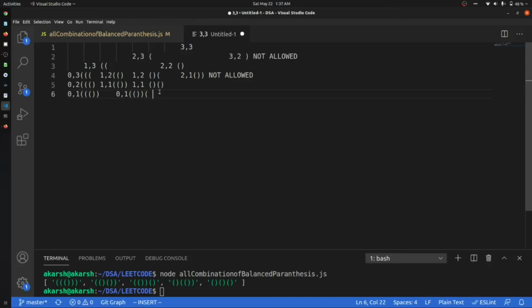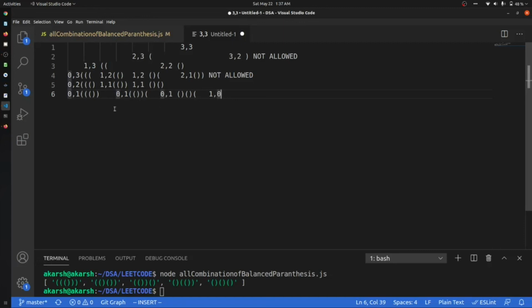And if we come to this point, 1 1, it will be 0 comma 1. We already had this, so we will have an opening tag. We cannot have 1 comma 0. That is not allowed.